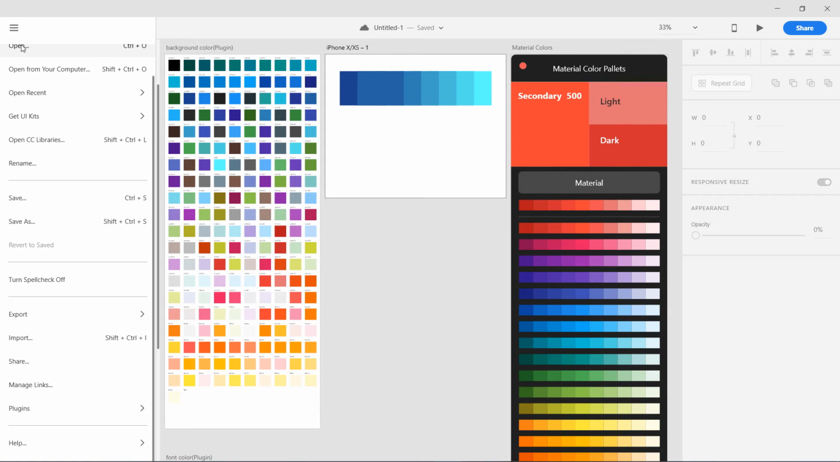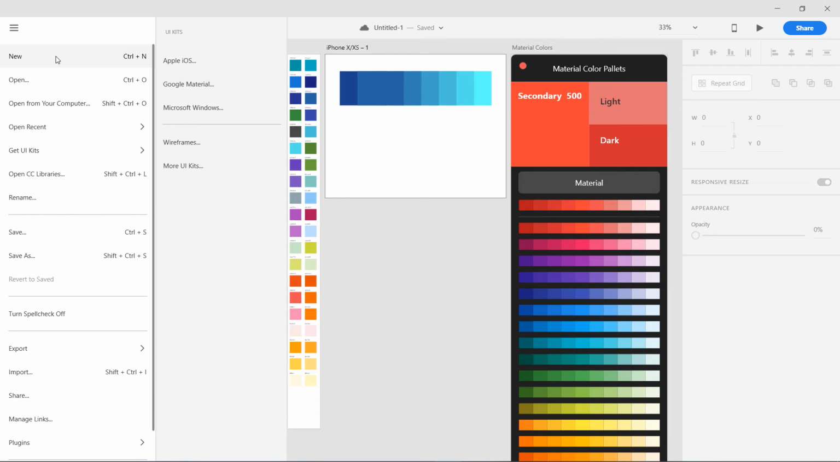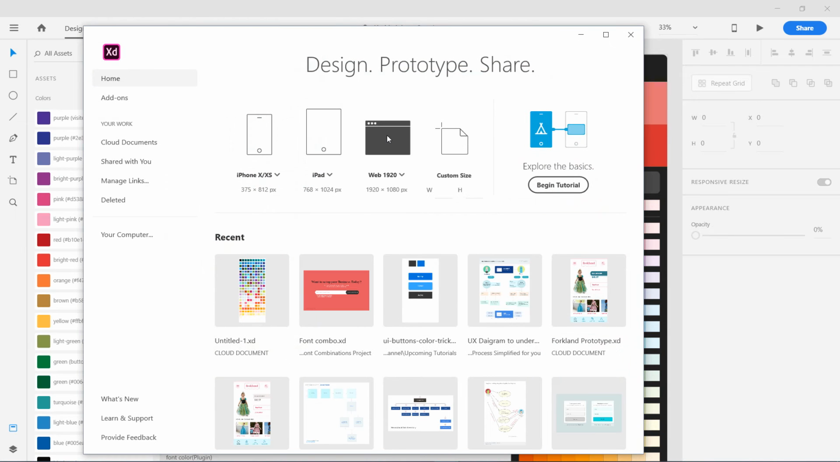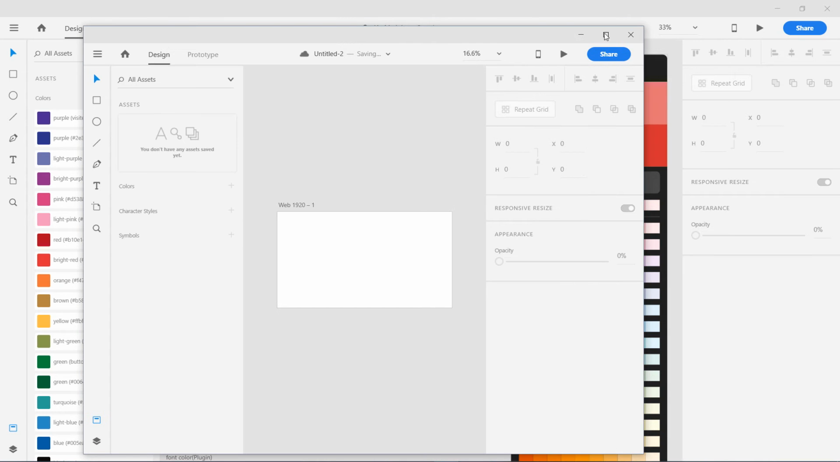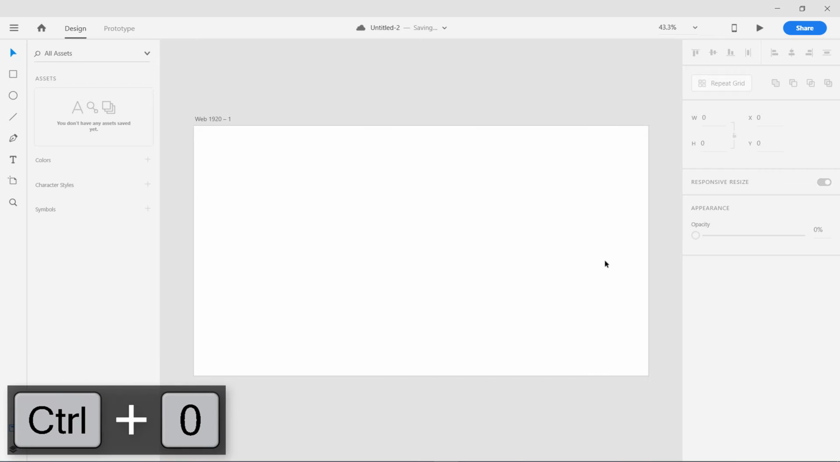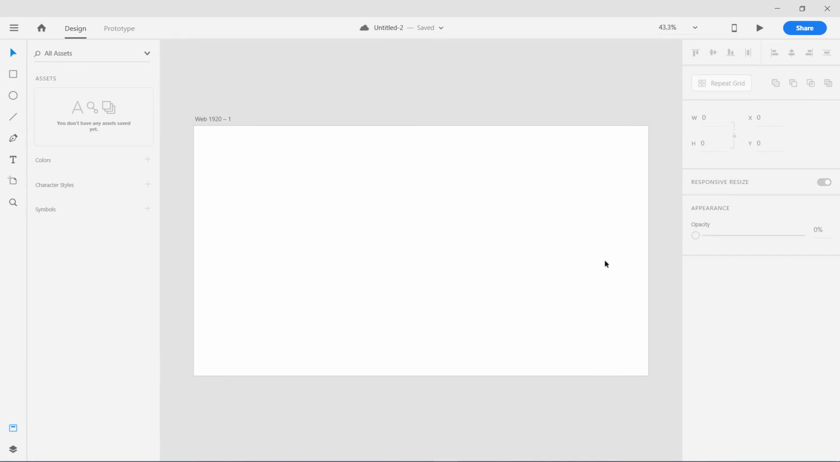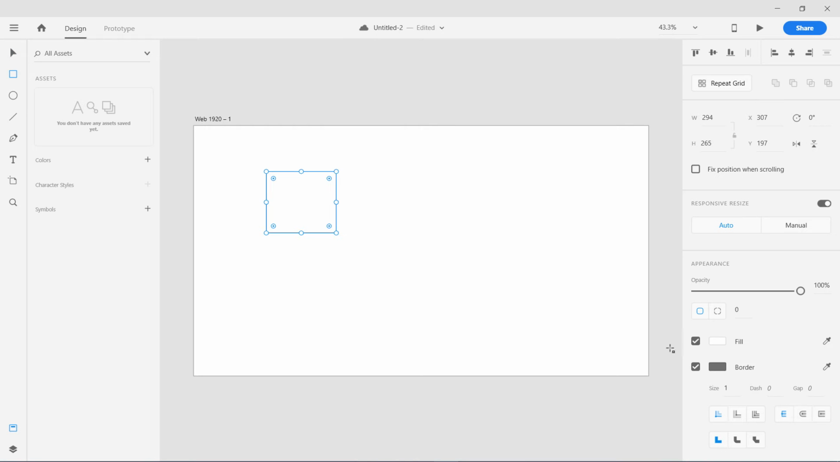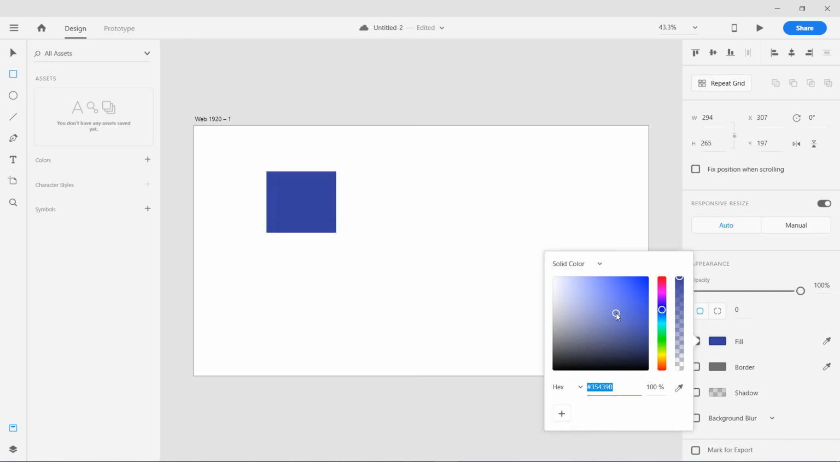I'm going to open up a new file. Let's go to new, open up a new file. Let's use this web and zoom in, Control or Command 0. Okay, so first we are going to start with a rectangle. So I'm going to press R. Here is my rectangle. I am going to remove the border, going to select one color